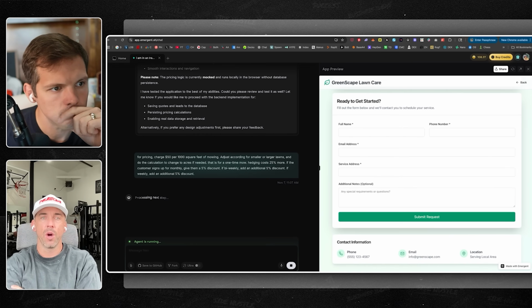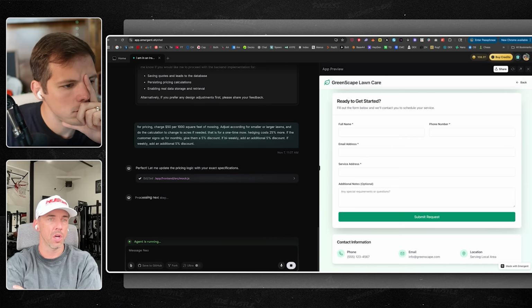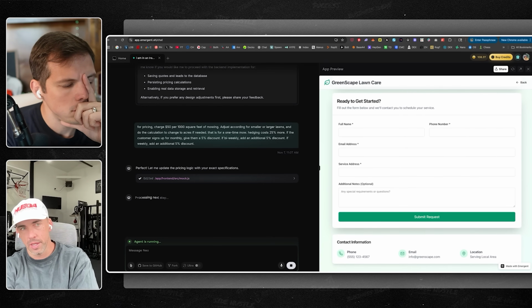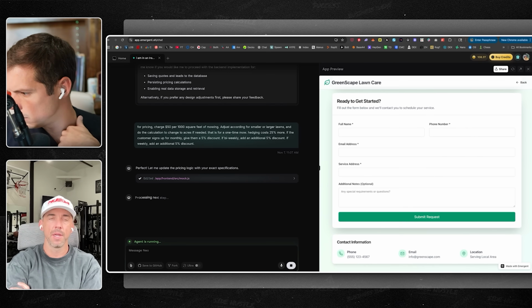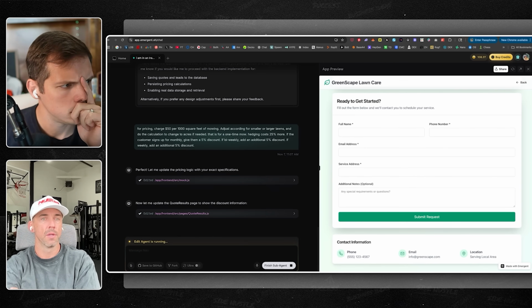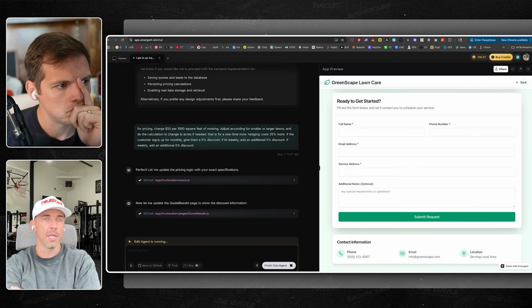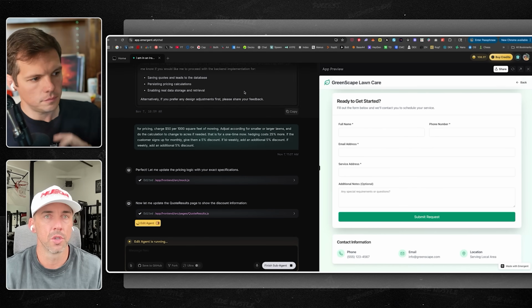I said if they want hedging too, just add a 25% additional cost. And then I told it that if the customer signs up for monthly instead of one time, they get a 5% discount, bi-weekly an additional 5% discount, and then weekly an additional 5% discount. So it's now adding in that pricing logic, and it'll give me the updated version shortly.